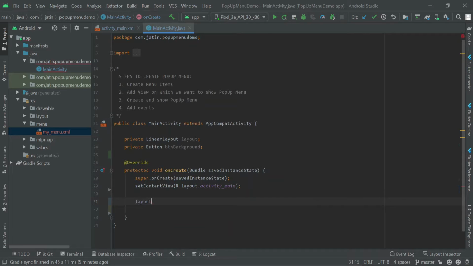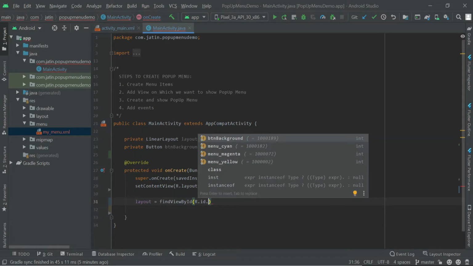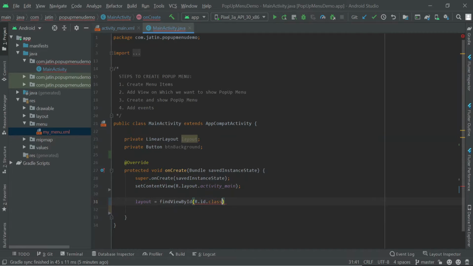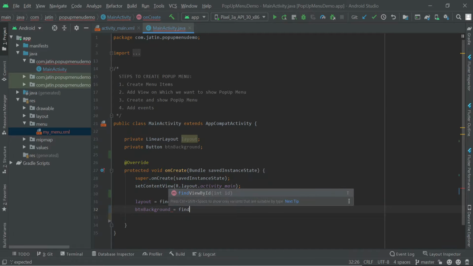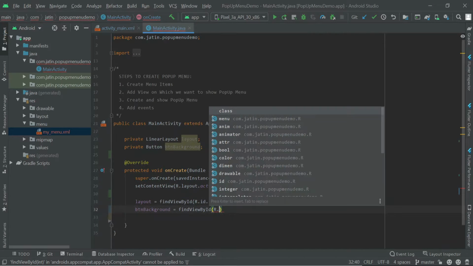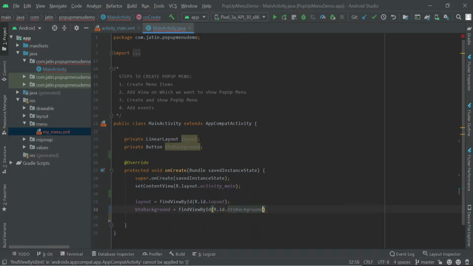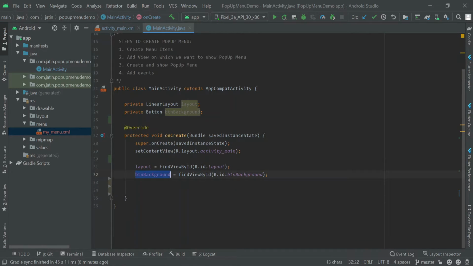So let's say layout is equal to find view by ID R.id.layout. It's not taking it, so let's type it. So btn background is equal to find view by ID R.id.btn background, and on the click of this button we will be showing a pop-up menu.